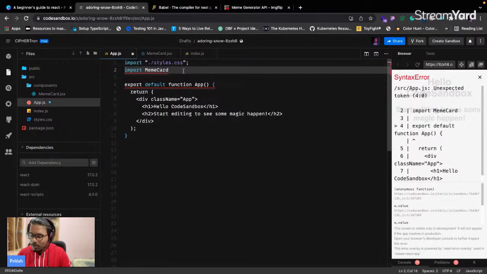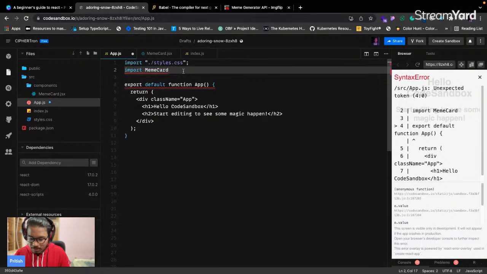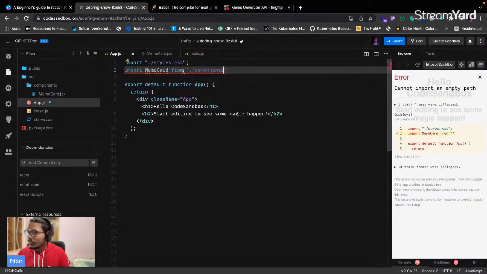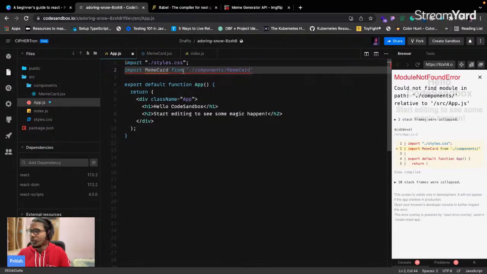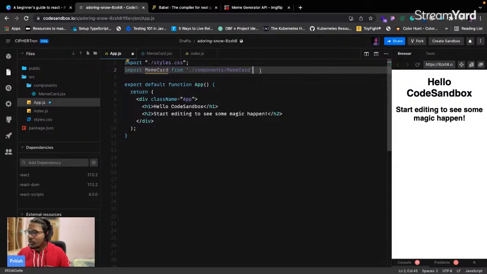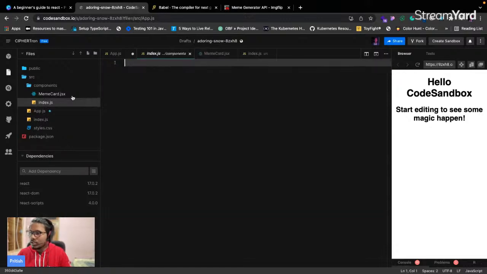Named exports you can import by using curly brackets and writing the name of the component there. I'll be showing that too, but just now import from components slash meme card. This is what we call the default export. But if you were to use the named export, then you can do it like this: index.js, and here I can write